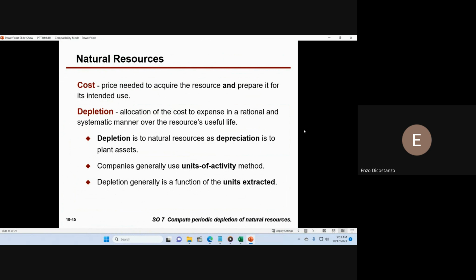Allocation of the cost to expenses in a rational and systematic manner over the resource's useful life. Depletion is to natural resources as depreciation is to plant assets. We can use units of activity. Depletion generally is a function of the units extracted. So